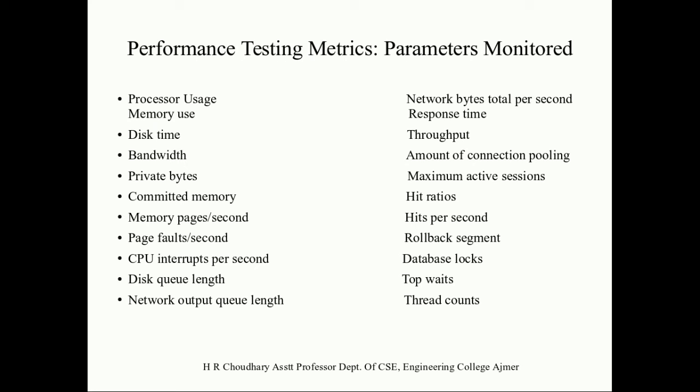This is also an important parameter. Then we look at the thread count. Application health can be measured by the number of threads that are running and currently active. Then, last, we look at garbage collection. It has to do with returning unused memory back to the system, and the garbage collection needs to be monitored for efficiency. So these are the parameters which we consider during the performance testing of a software system.